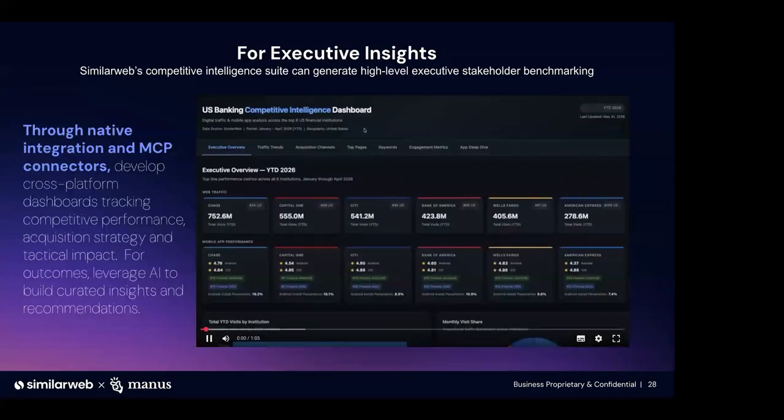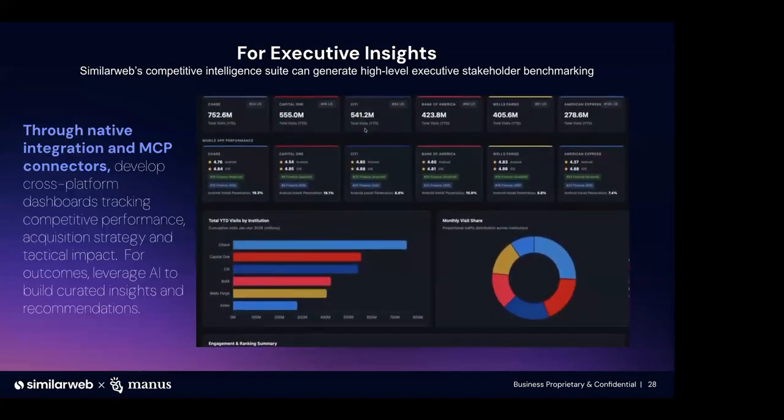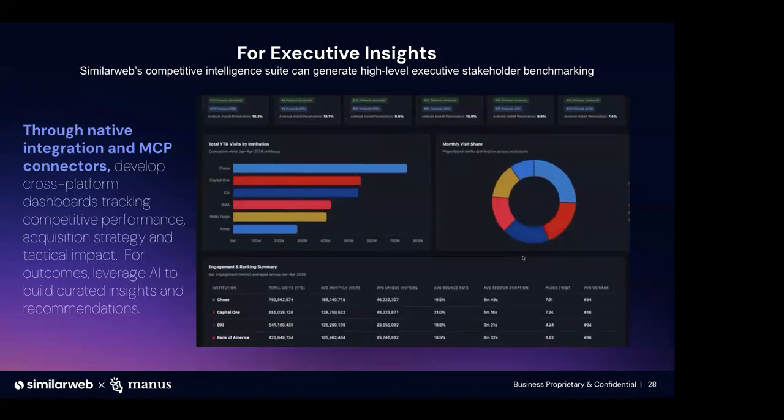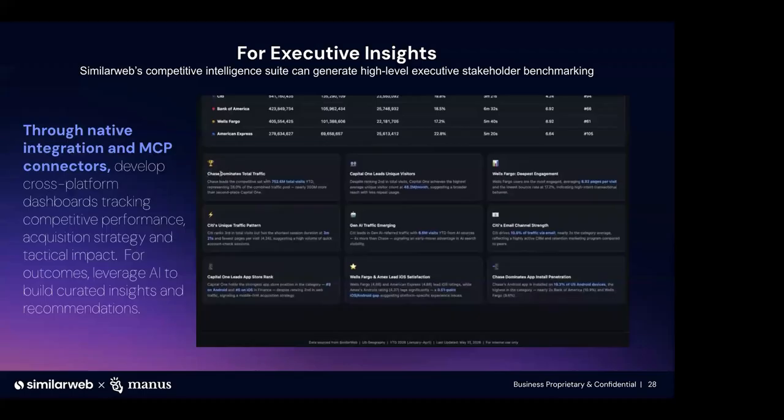So after a few minutes, this is what we came back with. So it pulled top level data from a website perspective. We also got app data in there. I have the different institutions broken out in year to date views, and then from a share perspective, and then I have my high level recommendations and insights call outs that were generated using Similarweb data